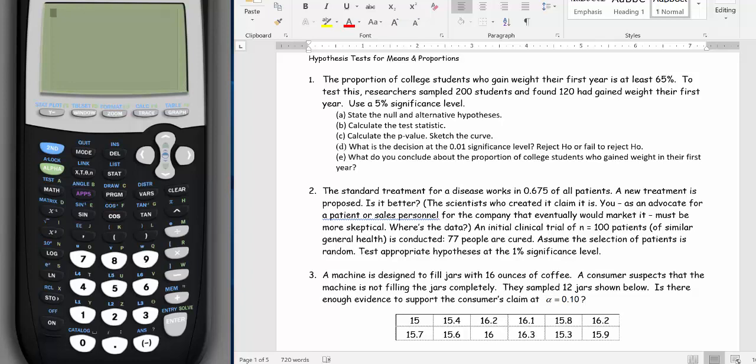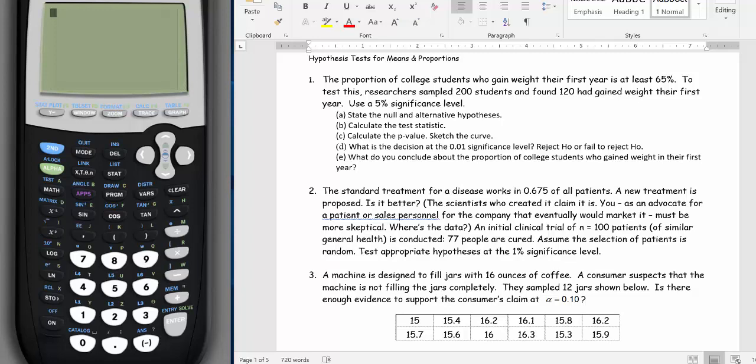Although when you do the work online, you are introduced to two methods. One is called the critical value method and the other one is called the p-value method. However, on the test, you can use the p-value method, which requires the use of the calculator. You would notice that the p-value in some of the work that you do in the book online is calculated using tables or some other techniques. However, on the test, you can simply use the hypothesis testing tests that are available to you and get the